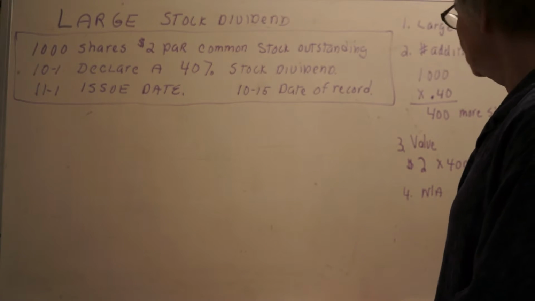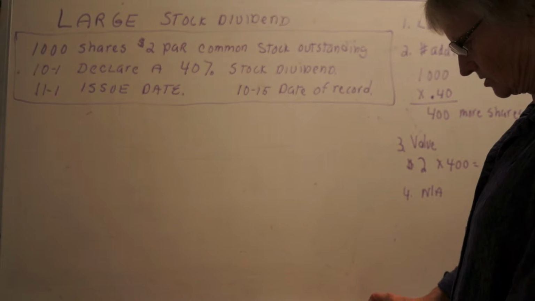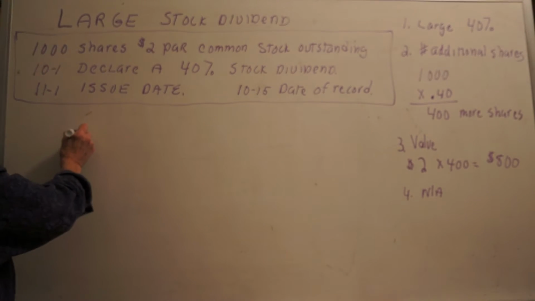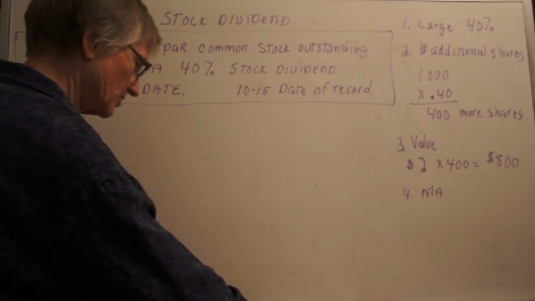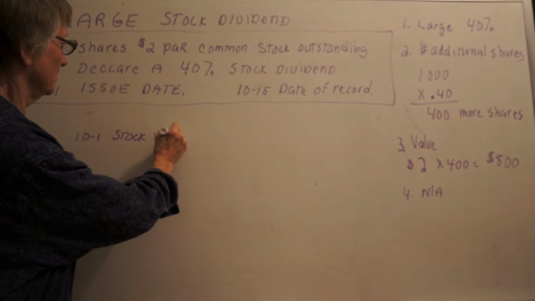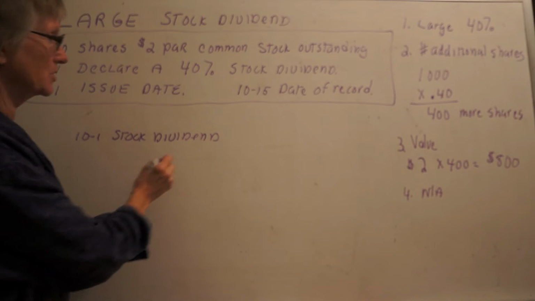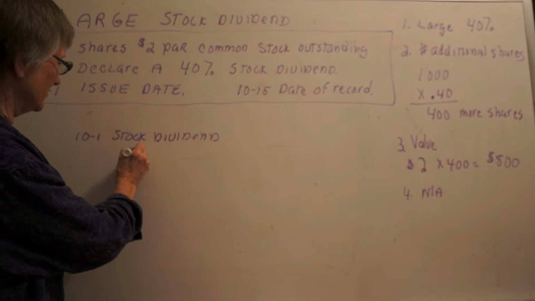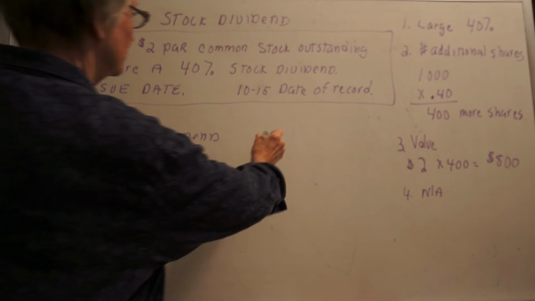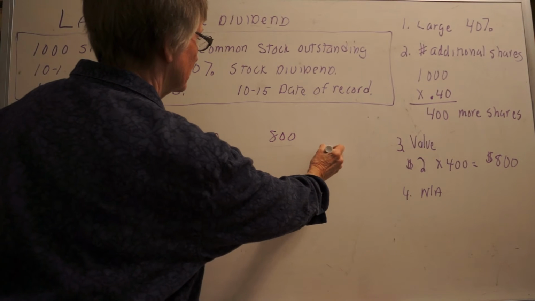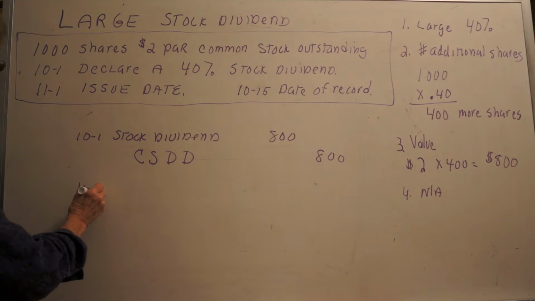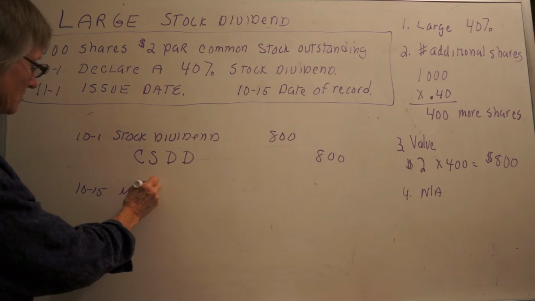So when we go to do the journal entry for this, it's going to be here on 10/1. The Board of Directors declares the stock dividend, so we would go stock dividend, and then we would go common stock dividend distributable, okay, and the amount would be 800. And then we could have a 10/15 is just a memo on the date of record, and then